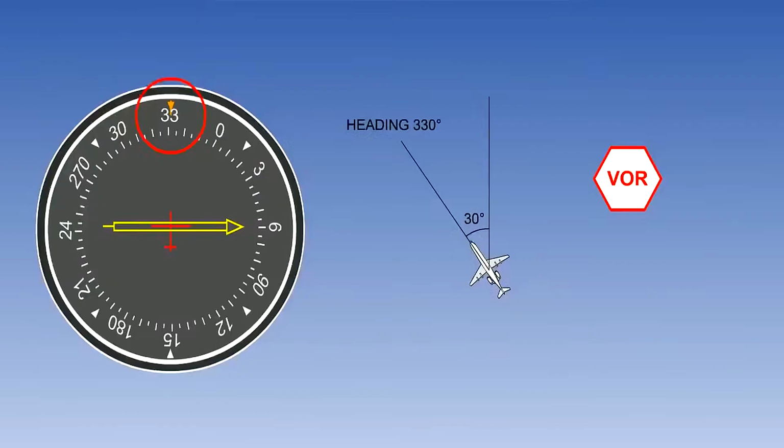The RMI indicates the aircraft's magnetic heading against a fixed heading index at the top of the instrument. Often there are two needles, one wider than the other, which can be tuned to two different beacons, either NDBs or VORs, or one of each. The information from both NDBs and VORs is presented in the same way on the RMI, by showing their relative magnetic bearing from the aircraft's heading. By adding the heading and the relative bearing, the QDM to the beacon is shown.